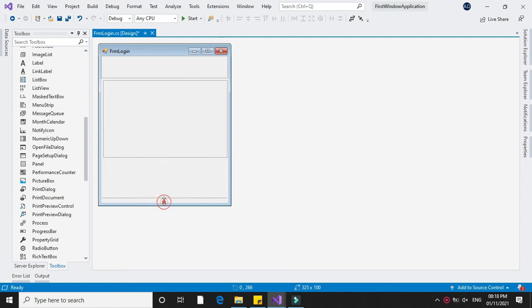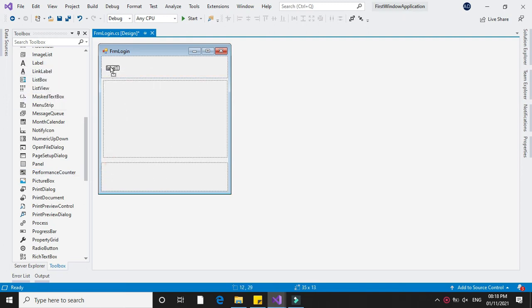So while designing any form, make it in 3 parts. Add 3 panels, one for defining what function you are going to do from it, second is for adding the controls and third is for buttons.